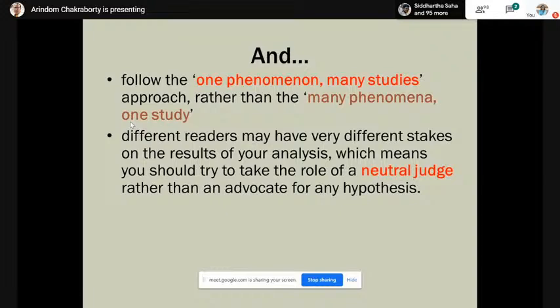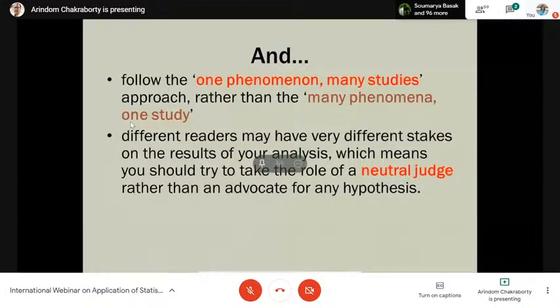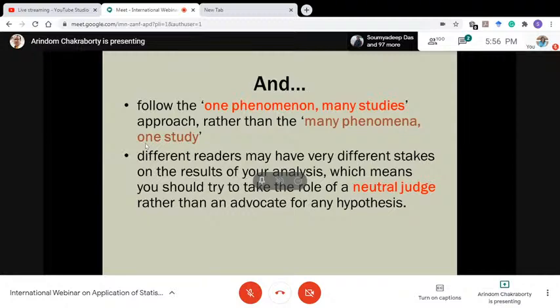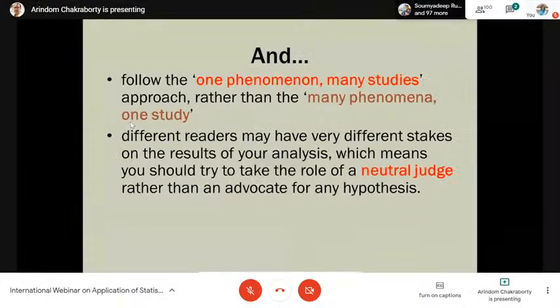This is for the statistics people who will be doing some sort of collaborative research. You have to realize one thing, that you cannot dictate to the other disciplines according to your terms and conditions. You must be neutral. You shouldn't have any bias regarding any hypothesis, because the p-value for social scientists is not the same as for the biologist, because as I told you earlier, for micro experiments, the p-value is something they consider to be less than 10^-8. So it's not the same. One model doesn't fit all.